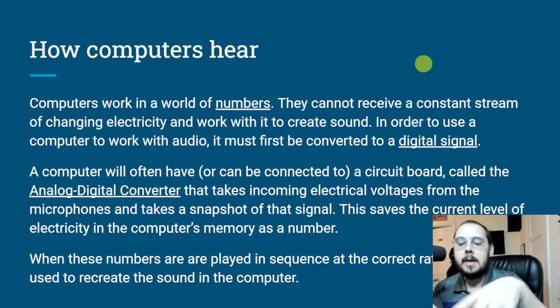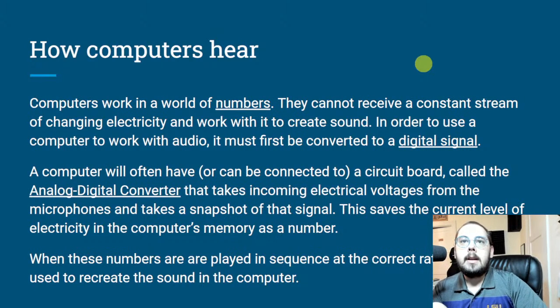And this is when it's all numbers and not just different floating values. That's what's called a digital signal. Most computers have a circuit board either built in or you can connect to it that handles this kind of conversion called the analog to digital converter. You may also hear them called sound cards or audio interfaces, all that's kind of interchangeable. But essentially, you plug it into the computer and it takes the signal from the microphone and converts it into